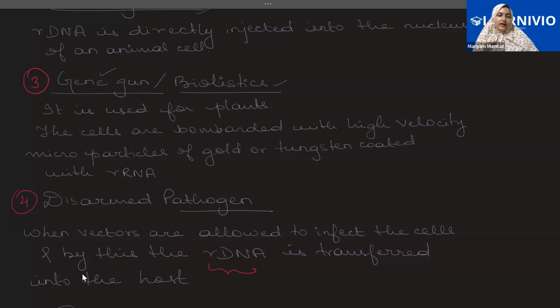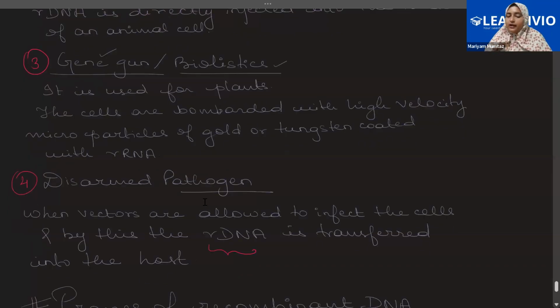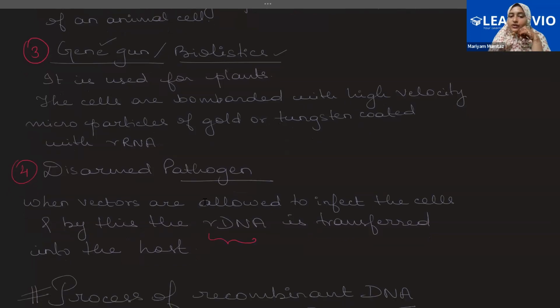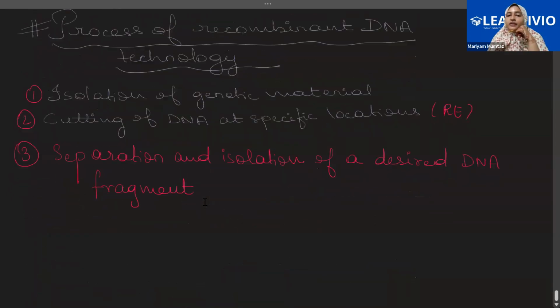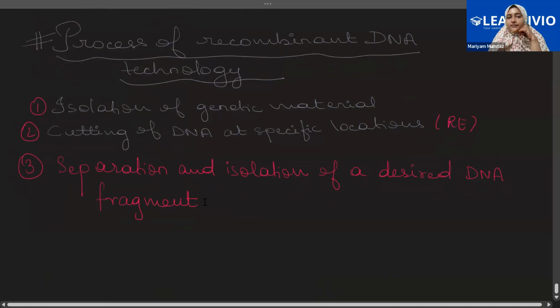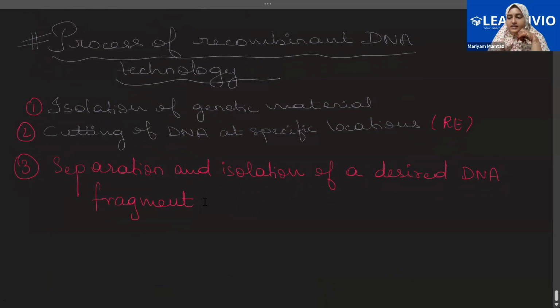All right, now these are the ways by which you can make the host cell competent. Now we're going to dive into the actual process of how the recombinant DNA technology is done. So there are certain steps that must be followed in order to create a recombinant DNA. So the first one, obviously, you have to understand whichever is the gene of your interest, and then you have to isolate that